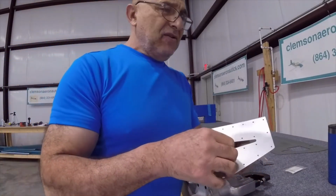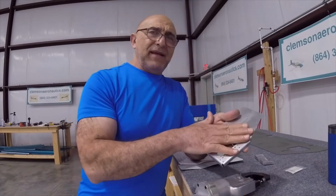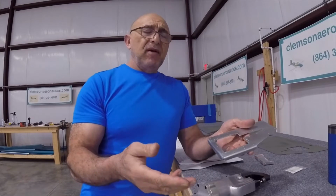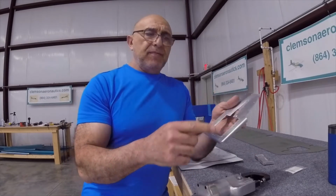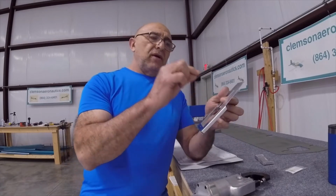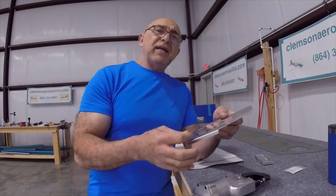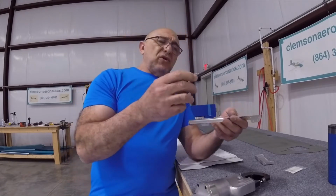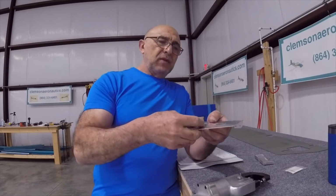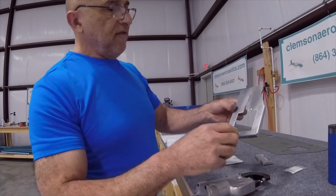But the thing is that you have to understand, there is obviously a plate that's going to be on here. And that plate itself will have a dimple in it. Then you're going to go through one dimple, through the other, through the nut plate with that screw. So, it is the shape of this screw, and we checked it out, and it's really nice. So it's gonna work out real nice. So I'm gonna finish